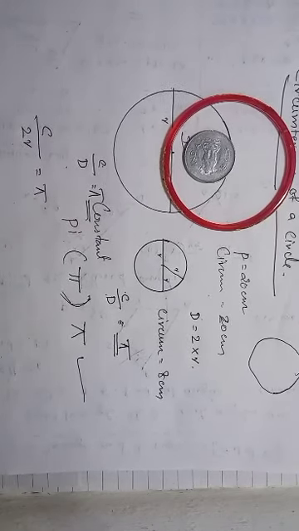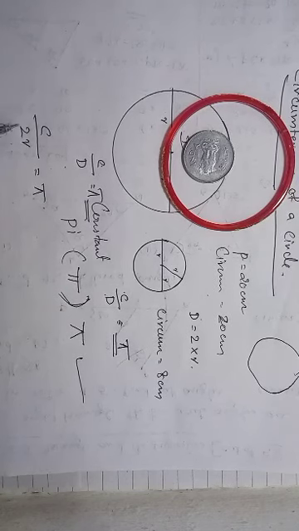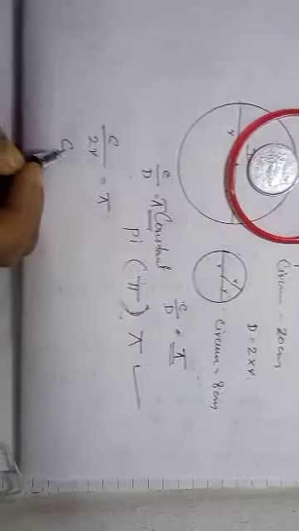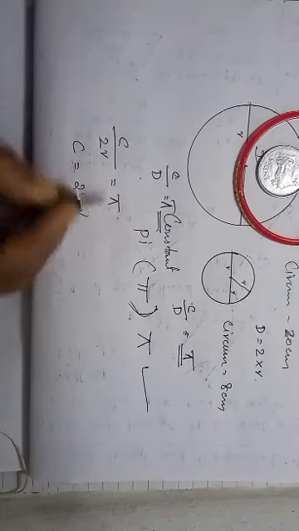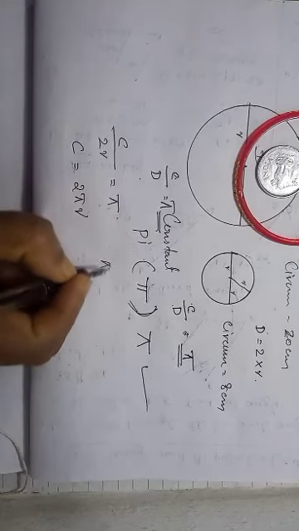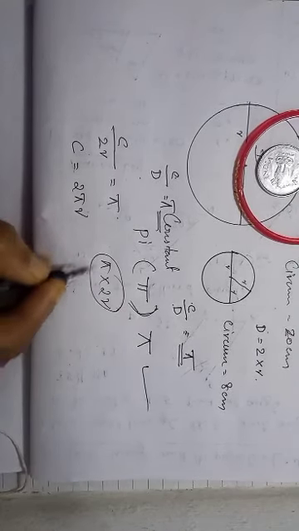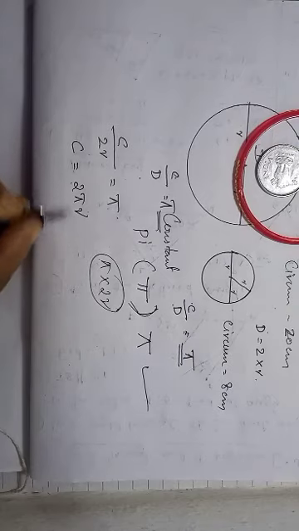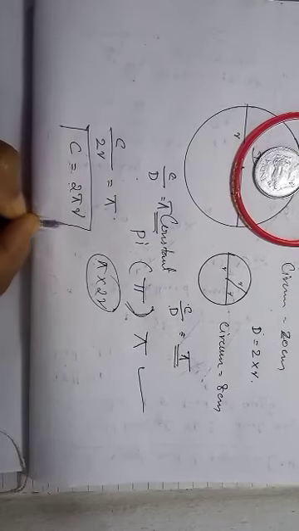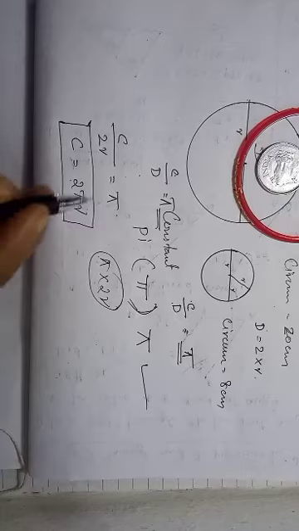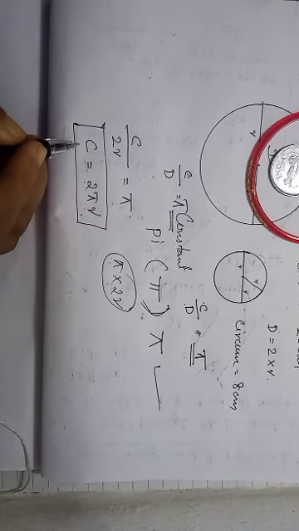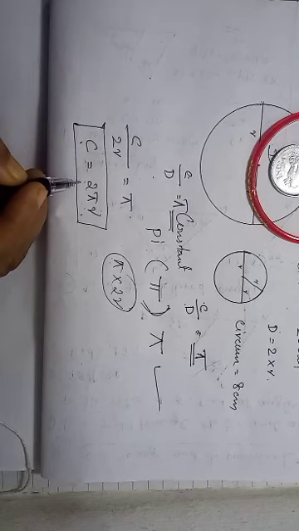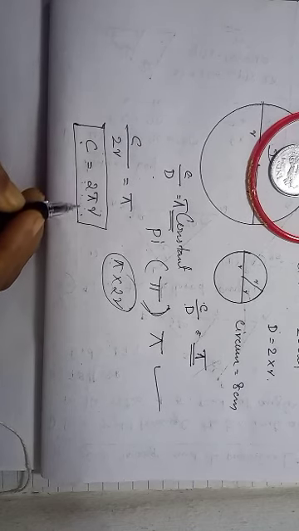So this also we can write like this: circumference by 2 times radius is equal to pi. Or circumference we can calculate as 2 pi r. 2 pi coming this side, 2 pi into 2r is coming right side. So altogether we can write 2 pi r. So finding the circumference of any circle whose radius we know means we can calculate the value of circumference by multiplying 2 into pi into r.